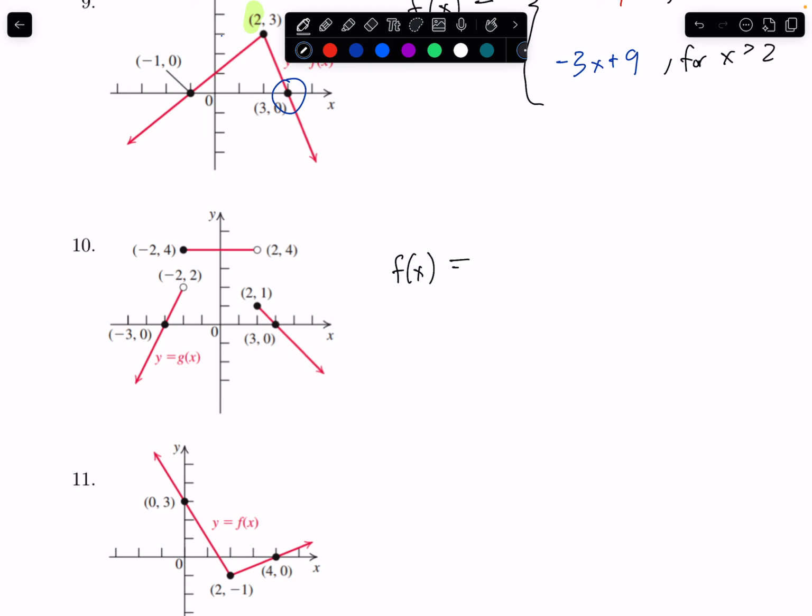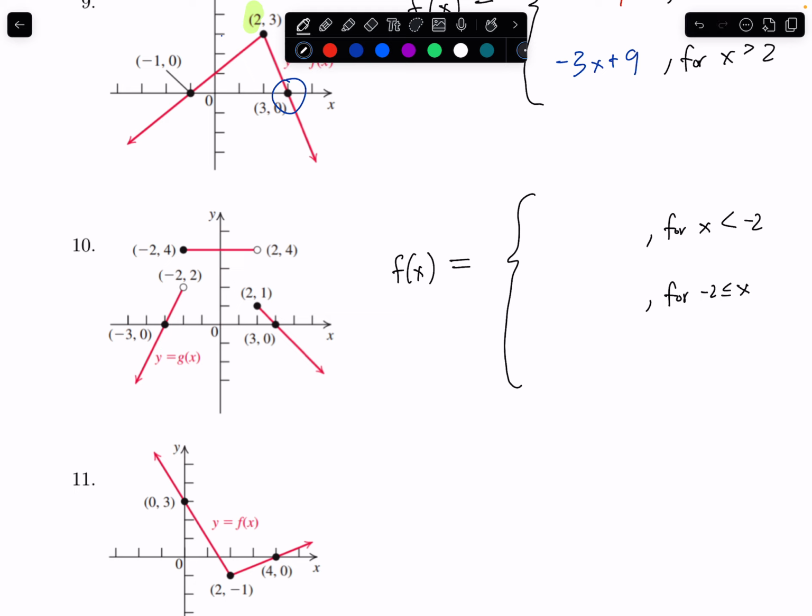So again, start off f of x or g of x, whatever, h of x. I've got 3 pieces this time. And what are my transition values? So for x less than, and if you see this has an open hole, so it's going to be strictly less than negative 2. You got something for x that is between